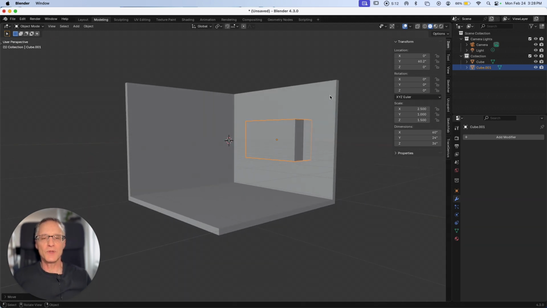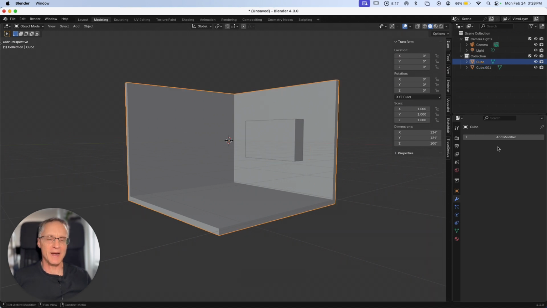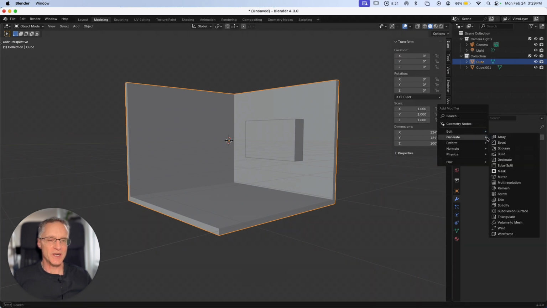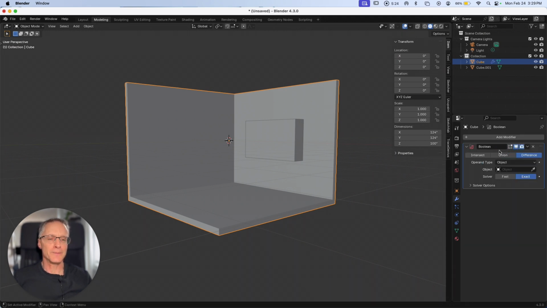Now the way the Boolean modifier works is the Boolean is the room we're adding the modifier to. So back to the wrench, the modifiers. It's also in Generate, and it's called Boolean. And the way this Boolean